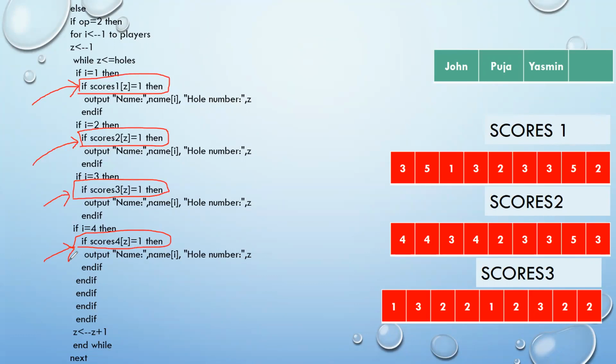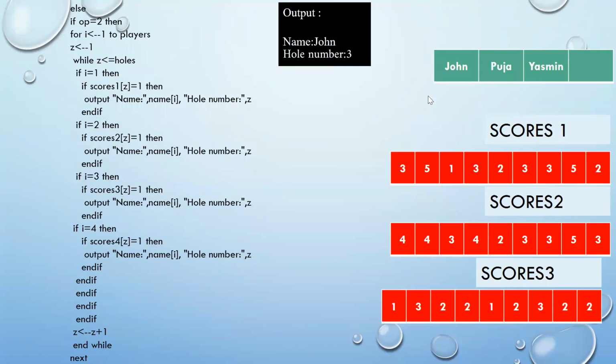Here the difference is we don't have to display each and every score, but we have to display the score of only those where the score sheet shows the value 1. So if option is 1, that means if you are interested in displaying the details for John, then only those details where the score is being displayed as 1. So I hope this pseudocode is also clear. So let's move ahead to the output.